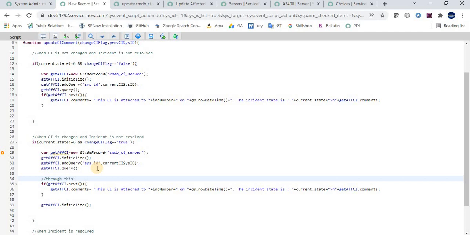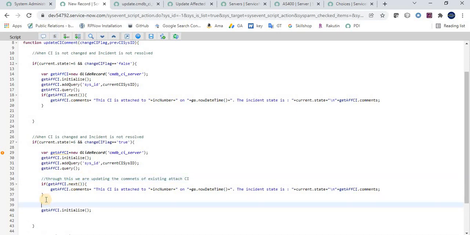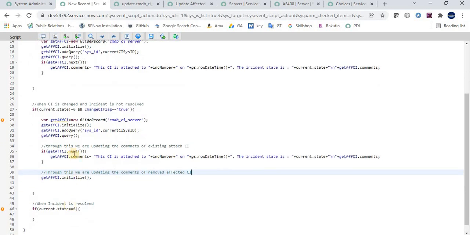Through this we are updating the comment of existing attached CI. Okay, and through this we are updating the comments of removed affected CI. Getting my point? So here I am again initializing this particular object which we have created for the glide record,